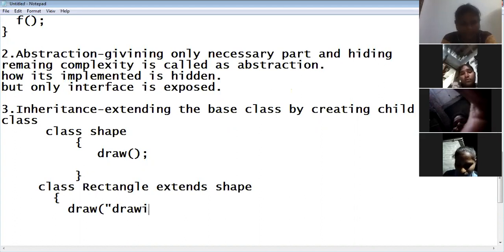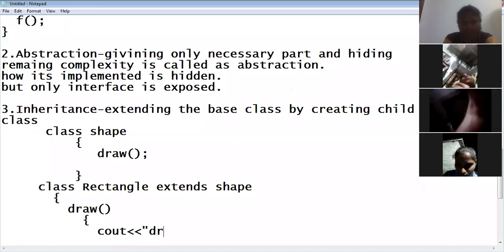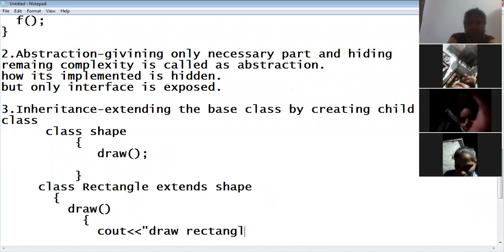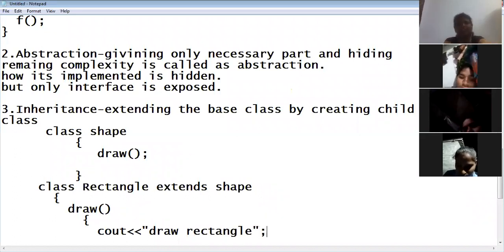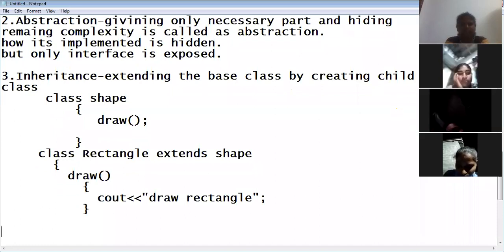Just the outline I'm writing, draw rectangle, and we write the logic for drawing the rectangle. I'm not writing the logic here, but just differentiating between that and this.